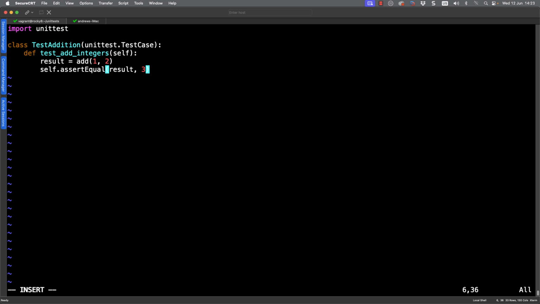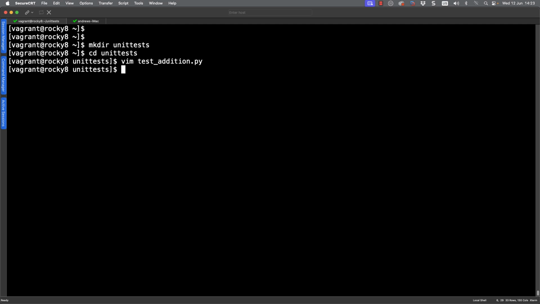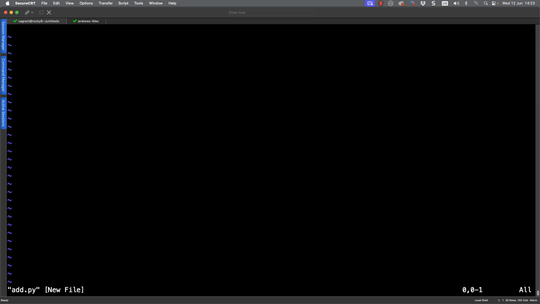But we've gone through now, and it's going to be very easy to create our code because we know the name of the function and we know the parameters that we have to be passing through. It has to be 2 numbers, 2 integers. So let's now jump back out of this file and open up our actual code that we need to write. So I'm just going to call this add.py. The file name doesn't really matter, but remember we have to have a function called add. So that does matter. So we can define our function.